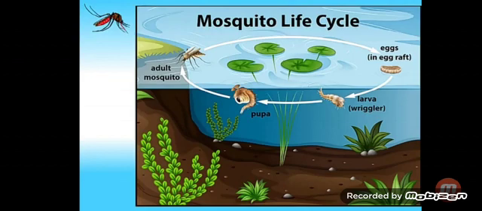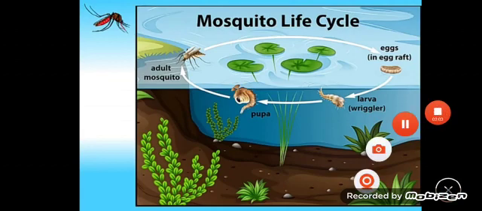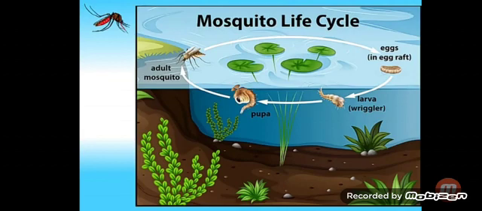So mosquitoes go through 4 stages of life cycle, that is egg, larva, pupa and adult. You can see in the picture. This is the picture of the mosquito life cycle. So first stage is egg, second is larva, third is pupa and fourth is adult. Mosquitoes lay their eggs on the surface of fresh or stagnant water or on damp soil. Stagnant water means stopped water. It is not flowing water, and damp soil means